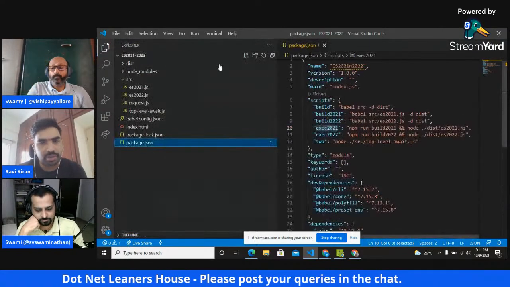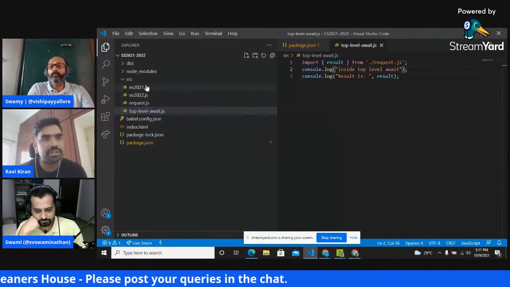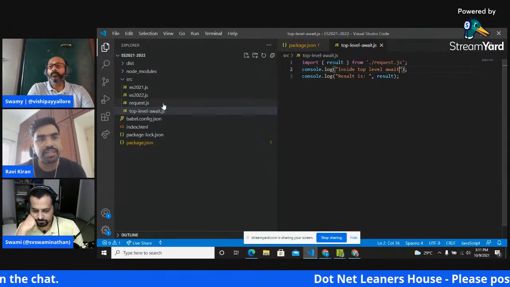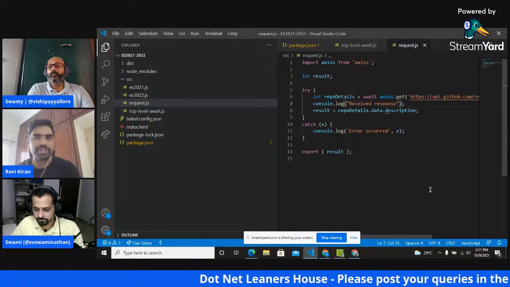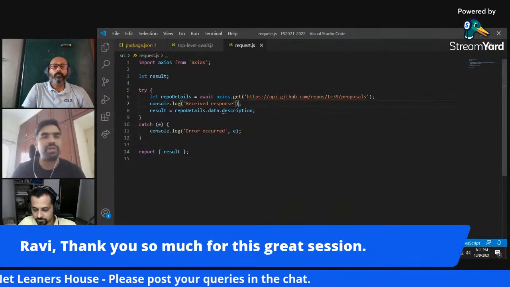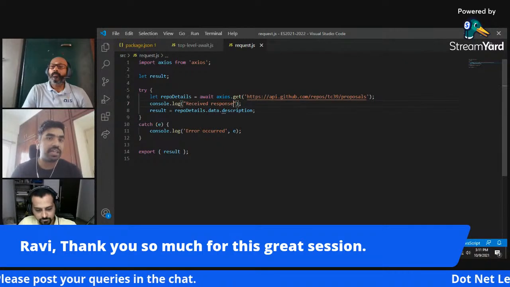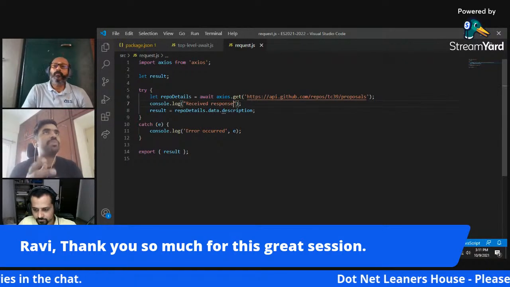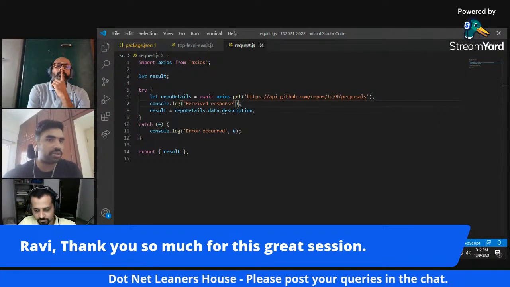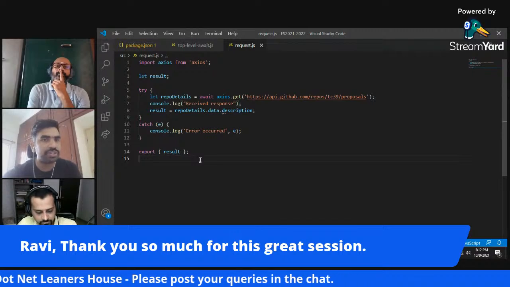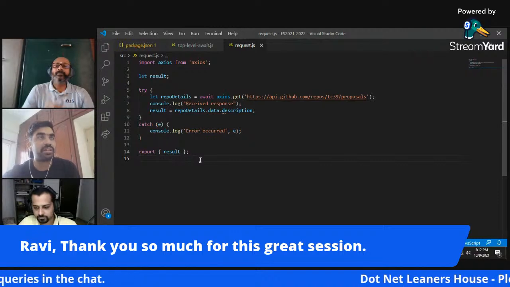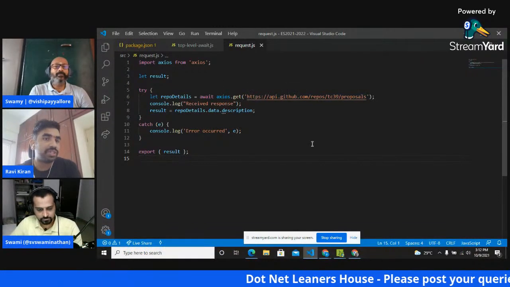The one last feature that I have here is the top level await. In JavaScript right now, you cannot write any asynchronous operations at the top level. If you have to write it at the top level of a module, then you'll have to either wrap it inside a self-invoking function, or use a promise and expose that promise in the exports of the module, or do some workaround. But all those methods are not so efficient because they have their own pitfalls, and you'll not be able to predictably get the value from the asynchronous operation once it is completed.